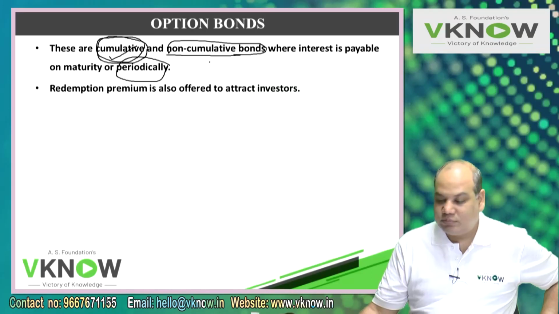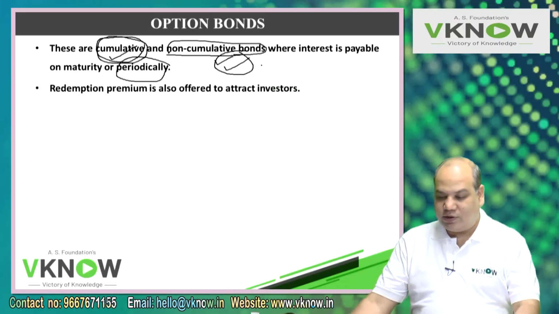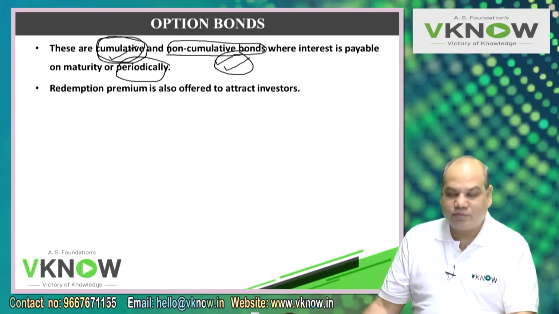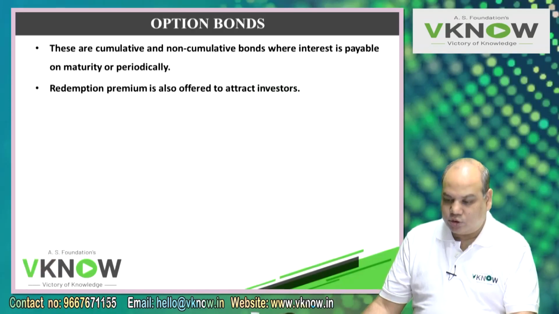Suppose you are a retired person, an old person, with no other source of income. You receive 10 lakh rupees as pension or gratuity. What do you do? You put this money in this non-cumulative bond. Every 6 months they will pay you interest, and you can use that interest for your day-to-day requirements, your livelihood, okay, your survival. So in order to attract both categories of investors, companies give two options, cumulative and non-cumulative. According to your requirements, your need, you tick the right option.